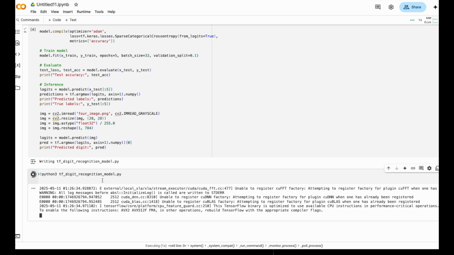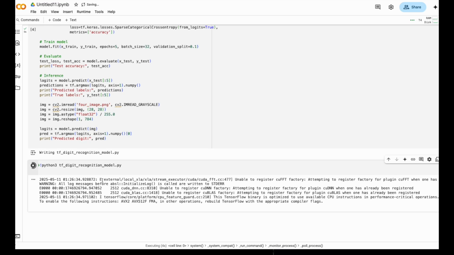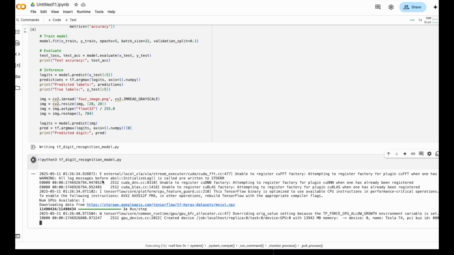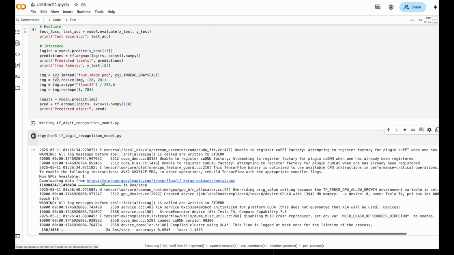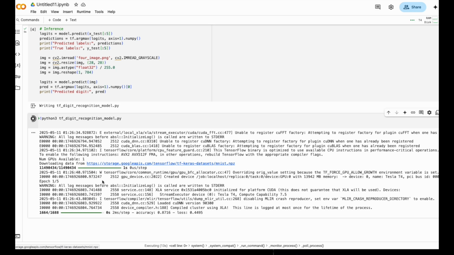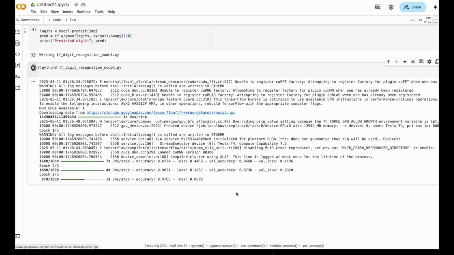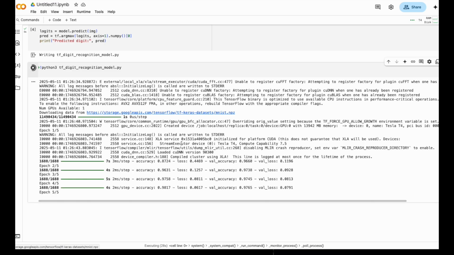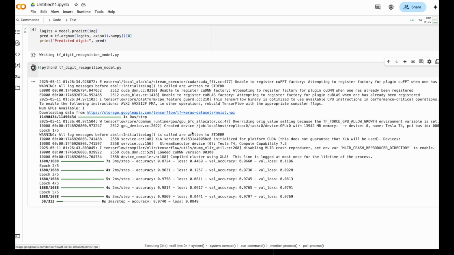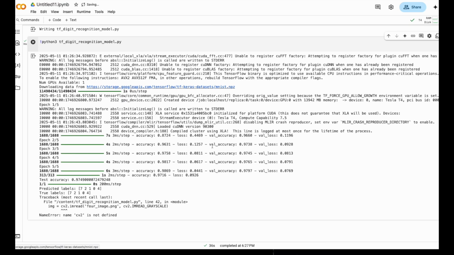Let's run it. Okay, what it's saying, unable to register CNN factory, attempting to register factory. Okay, then it started running. So you see epoch 1 of 5, and then second pass, the accuracy is already 96%, looking pretty good. And now fifth pass, the accuracy is already 98%. Okay, so predicted labels, true labels, wow, so this is great, but